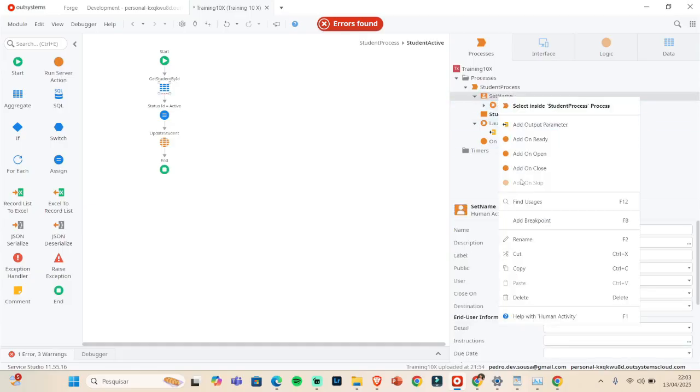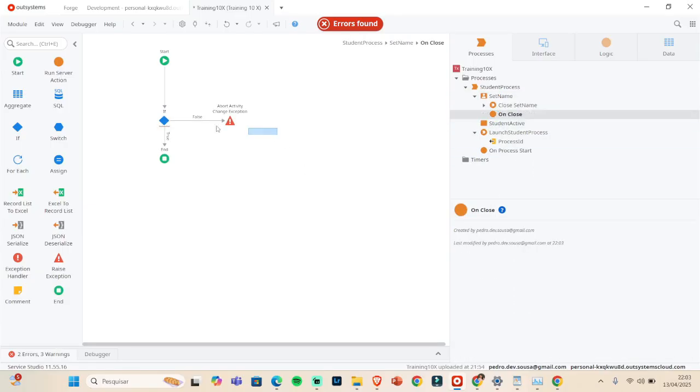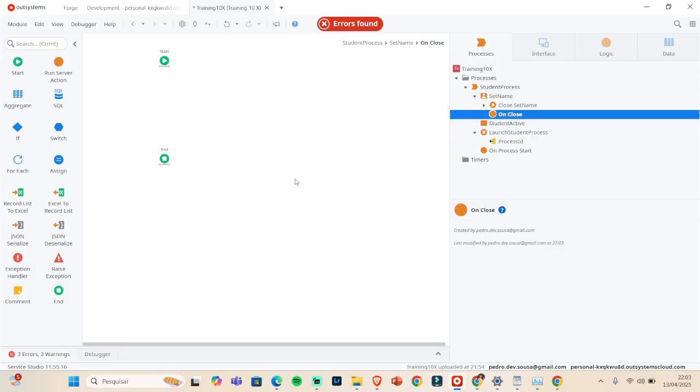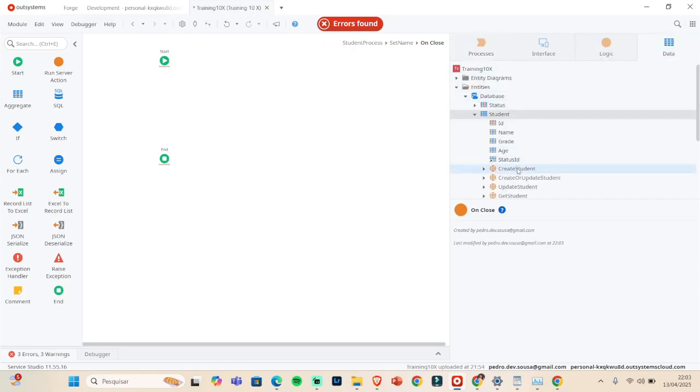So when you go here, let's add on close. On close is just an action that will run when we close the activity. So we close the activity and after that, something will run afterwards. So let's create the records. So let's create here the student